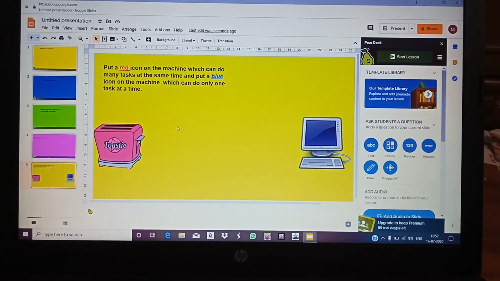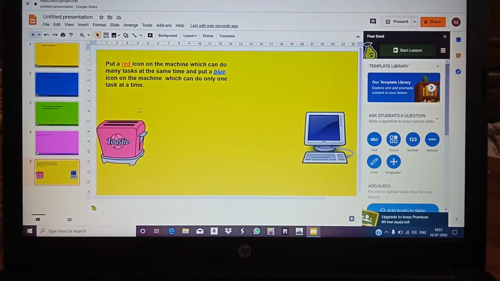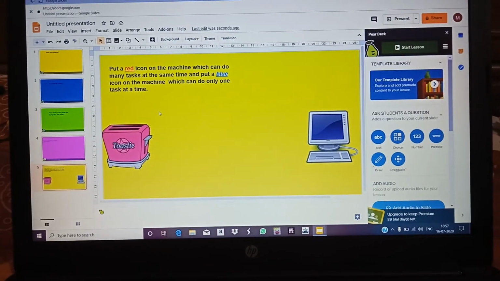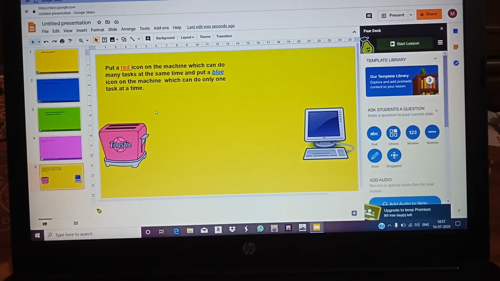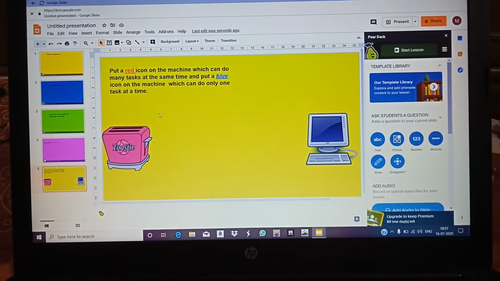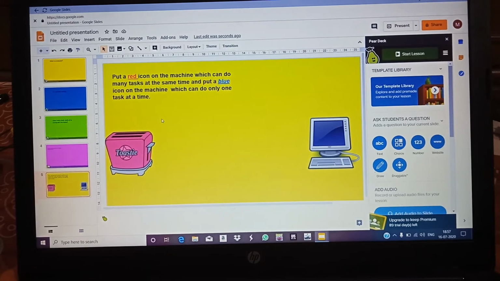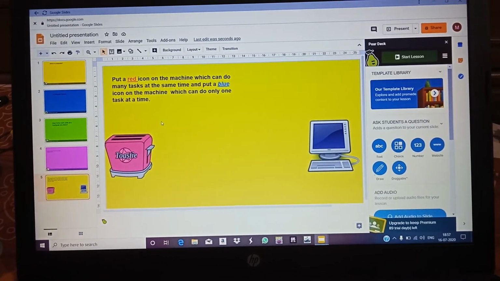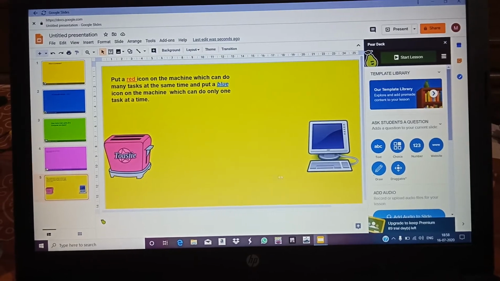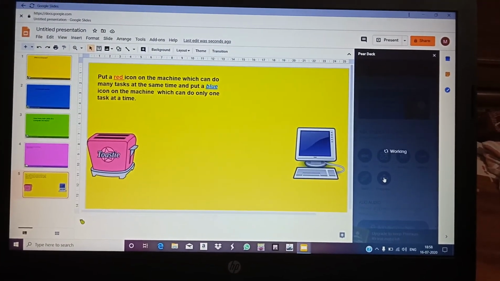Now slide number 5. See, here you will apply draggable. See the question: they put a red icon. Only 2 colors you can choose, because you get only 2 things in this slide. So you can choose any 2 colors. I have chosen red and blue. They have to match it, or you can use it for true and false also. This draggable also promotes hand and eye coordination. Children will start from one place and send it to another place. So I am going to apply it now. Apply it.